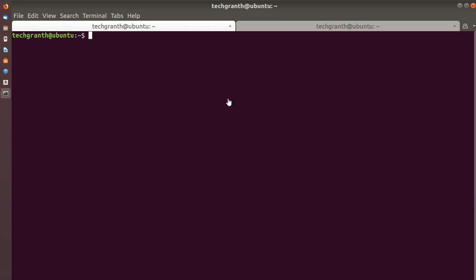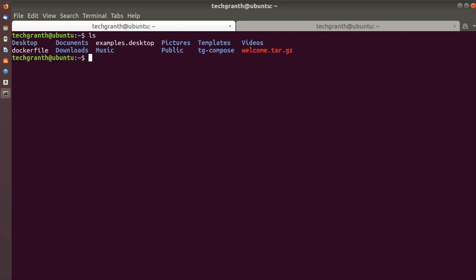So both cmd and entrypoint are used to set default commands, but there is a difference between them. With the cmd instruction we can override those commands by specifying a new command when running our container, but with entrypoint we cannot override them. So that is the main difference between cmd and entrypoint. Let us see how that works. So let me just remove the older one, welcome.tz, and let's update our Dockerfile.